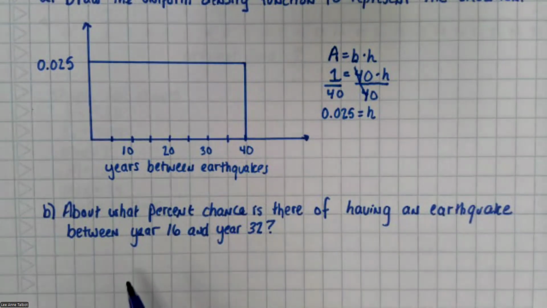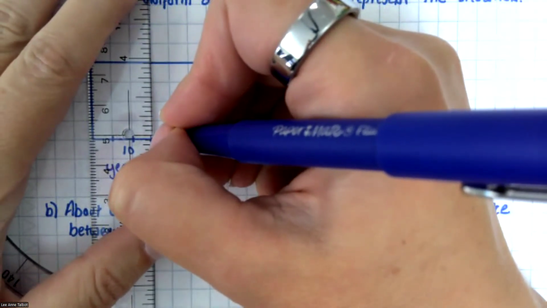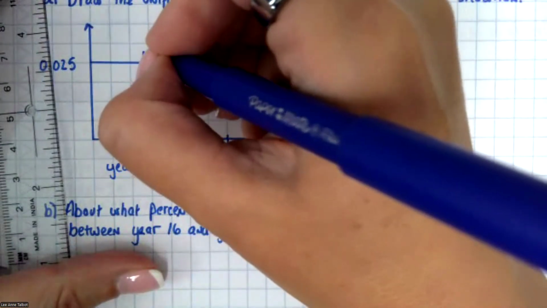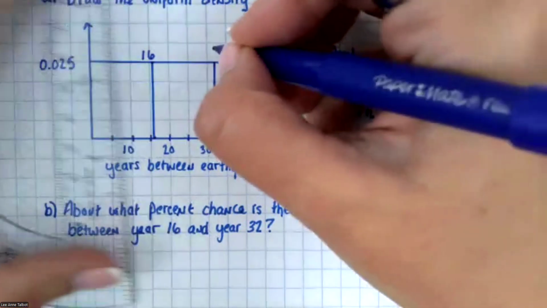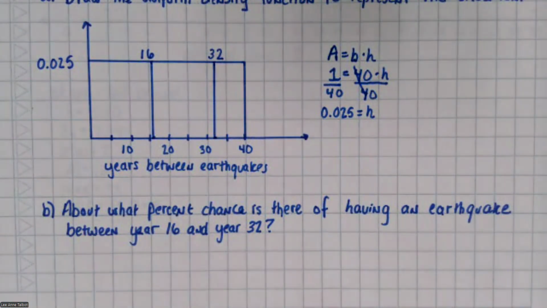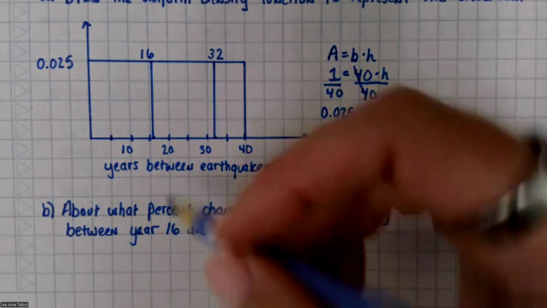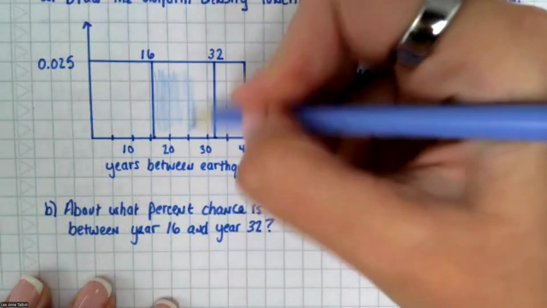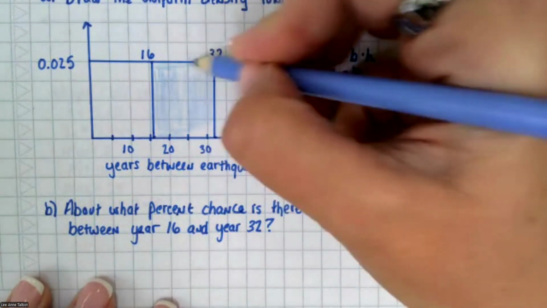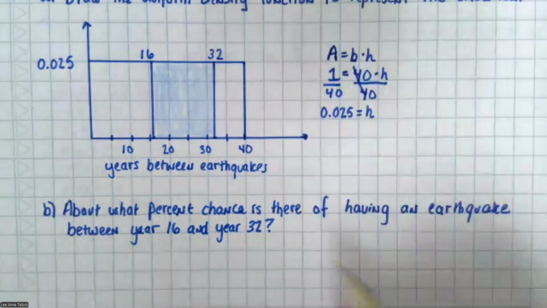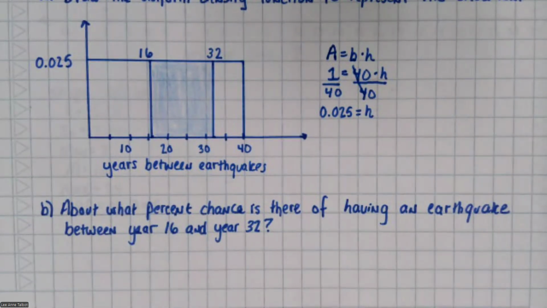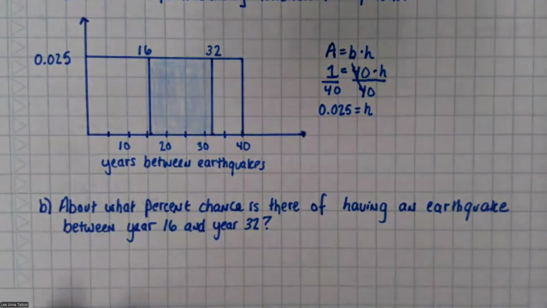Okay, B. About what percent chance is there of having an earthquake between year 16 and year 32? So I'm going to go to year 16. And year 32. So this is the area that we're interested in right here between year 16 and year 32. And as I said,